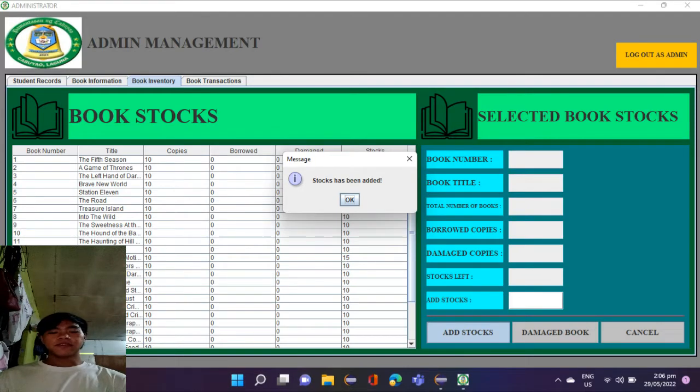The Add Stacks button performs as adding additional stacks to specific books, but before that, we have set fields to determine which book has been selected by the user. Additionally, in some cases in our program, when the user accidentally clicks that button without selecting a record in the table, our program will show a message dialog saying that the user needs to select a record before clicking